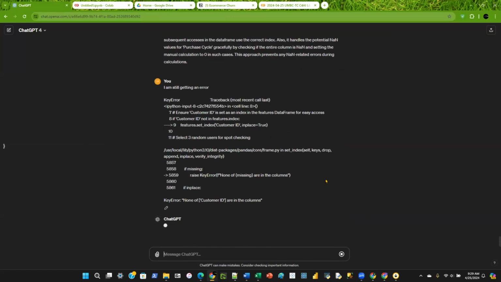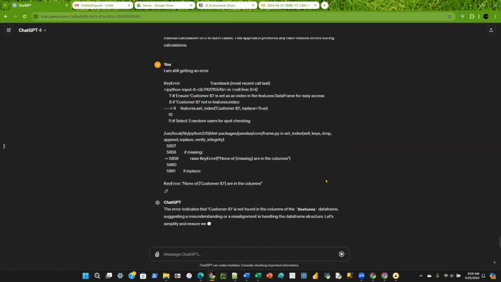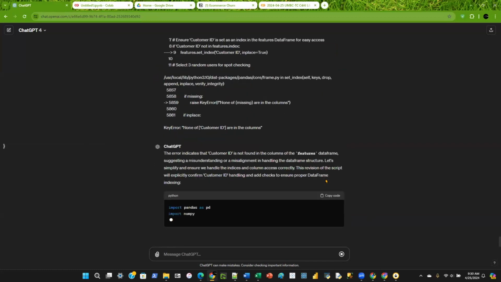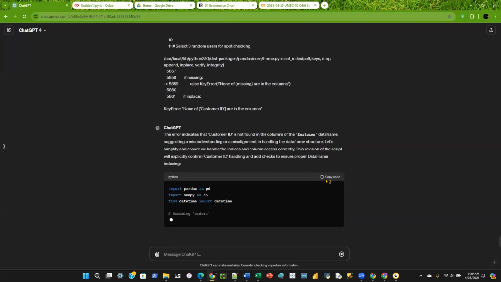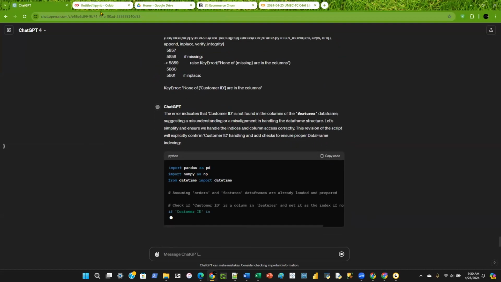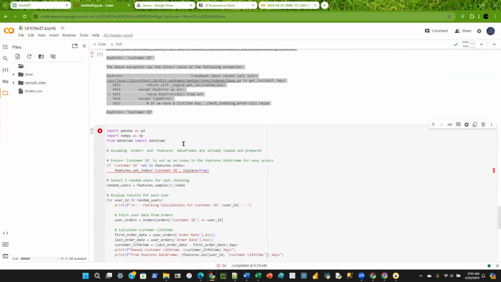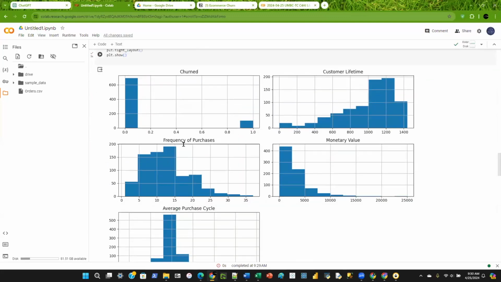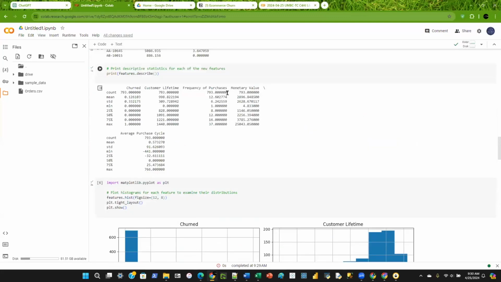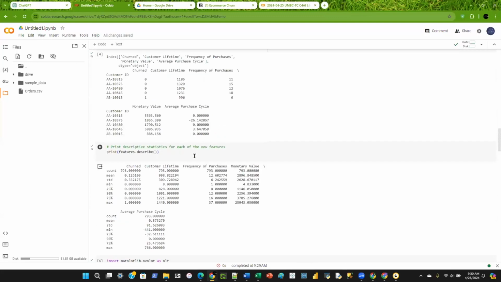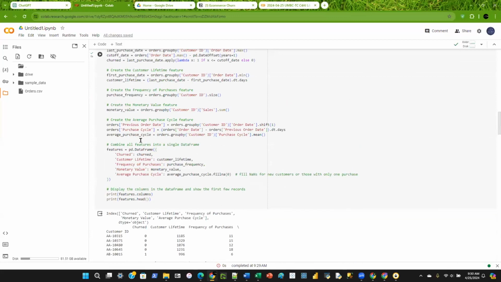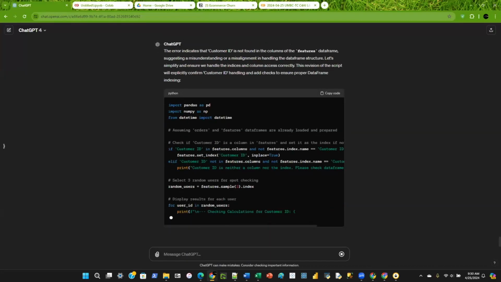I don't want to waste too much time on error checking. It's not finding customer ID in the data set. And that's because it didn't put customer ID in the data set.